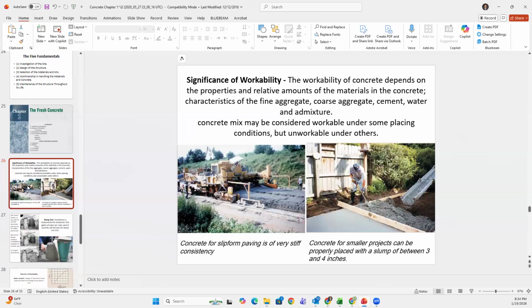So workability, when you tell the contractor or the batch plant, I want a concrete to pour for the slab, or I want a concrete that I can pour on the 50th floor of a building. These are 2 different concretes with 2 different workabilities. One concrete is going to be dumped with gravity like what you see, no problem. The other concrete needs to be pumped. That concrete that gets pumped cannot have big rocks in it. Concrete that you use for a swimming pool cannot have big rocks in it